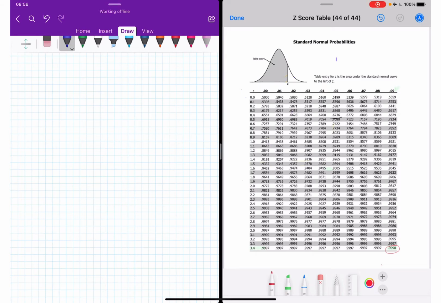Okay, question number 1. Find the area of the shaded region. So here we have a bell-shaped curve and it never touches the x-axis. Okay, so if this is our average, our mean, where the z-score is equal to 0, now we have 0.18, so slightly